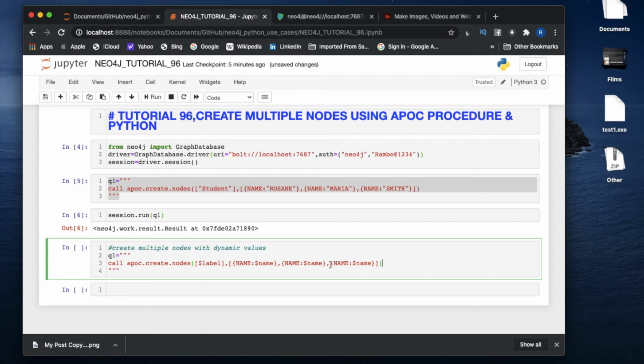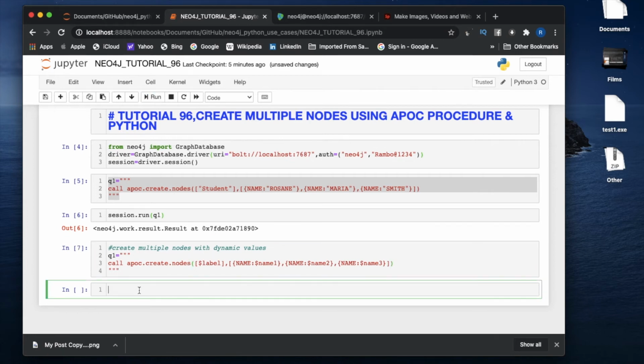I'm just thinking, if I do it like this, okay, just hold on. Name 1, name 2, name 3. We'll see later how we can change this. Like this, and after that let's create something.